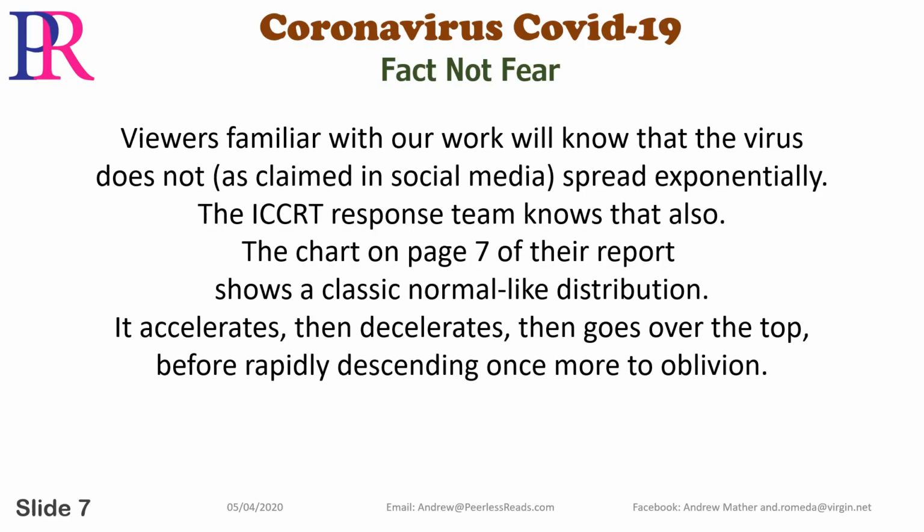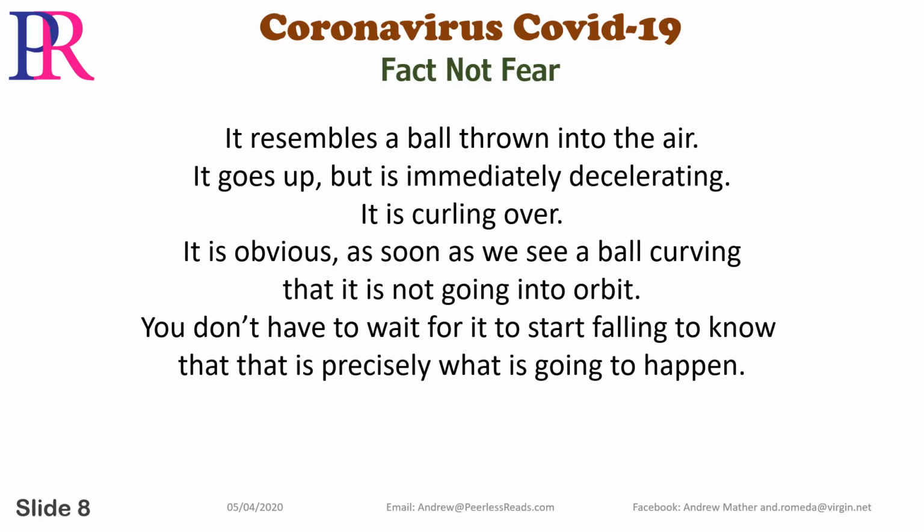The chart on page 7 of their report shows a classic normal-like distribution. It accelerates, then decelerates, then goes over the top, before rapidly descending once more to oblivion. It resembles a ball thrown into the air. It goes up, but is immediately decelerating. It is curling over. It is obvious as soon as we see a ball curling, that is not going into orbit. You don't have to wait for it to start falling to know that is precisely what is going to